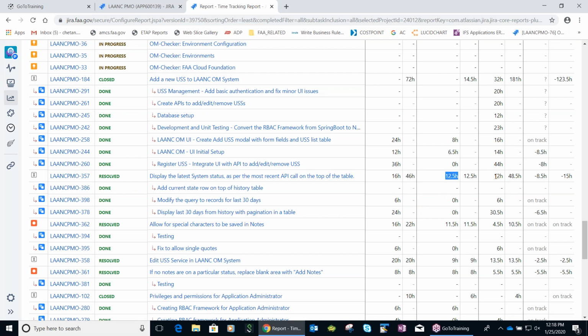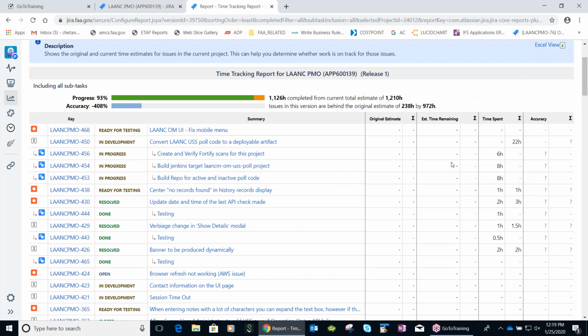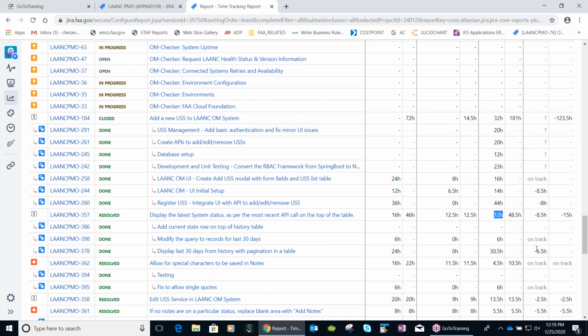And the total remaining is this. These are hours, that's not story points. Time spent is this much: 12 plus 6 plus 30.5, so 48.5.